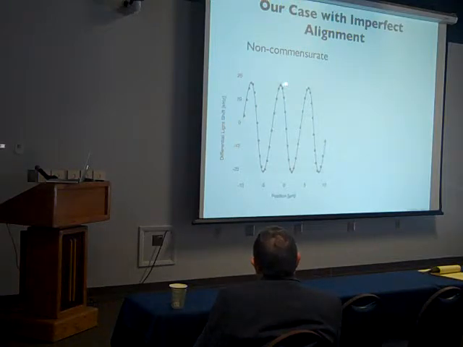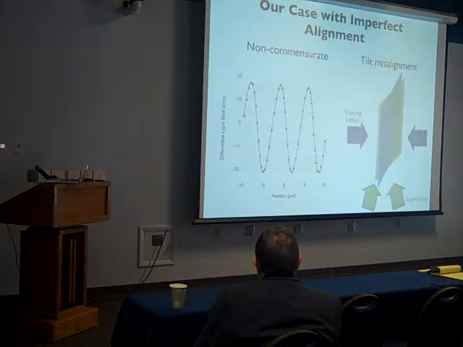So if you have an atom right at the top here, the next one will be a little bit off. Right? So once you look at the resonance frequencies for all the atoms in this lattice, if it's extensive in this direction, you're going to get a continuum. And the other problem is that maybe the lattice planes that trap the atoms, the ones in the direction orthogonal